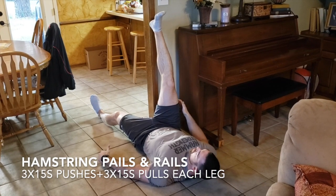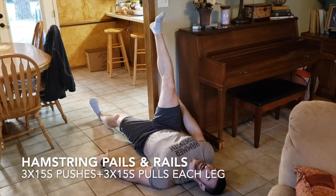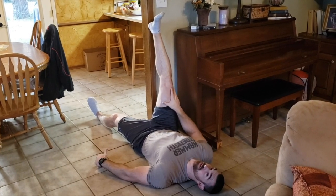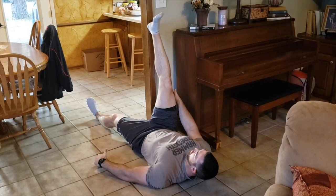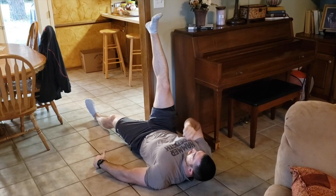Next up are hamstring pails and rails. This is a mobility exercise for your hamstring that goes a little bit beyond stretching. It actually, through activation of the muscle and a system called FRC, is going to increase your range of motion through these hamstrings. So what we want to do is find a wall, a door barrier somewhere, or a rack if you have one,